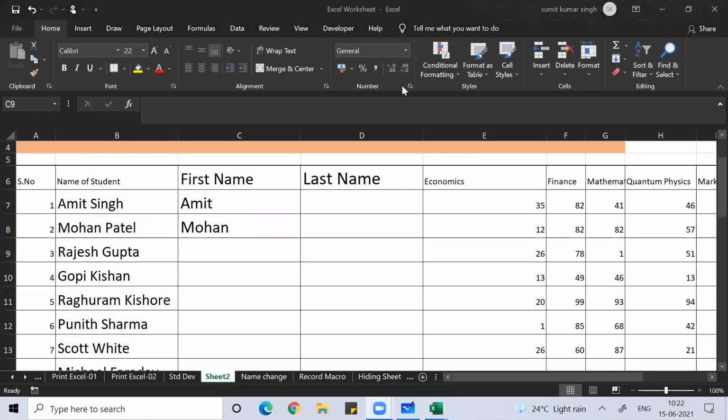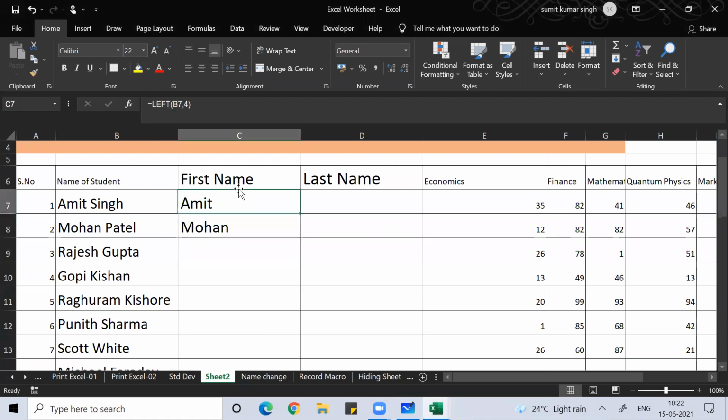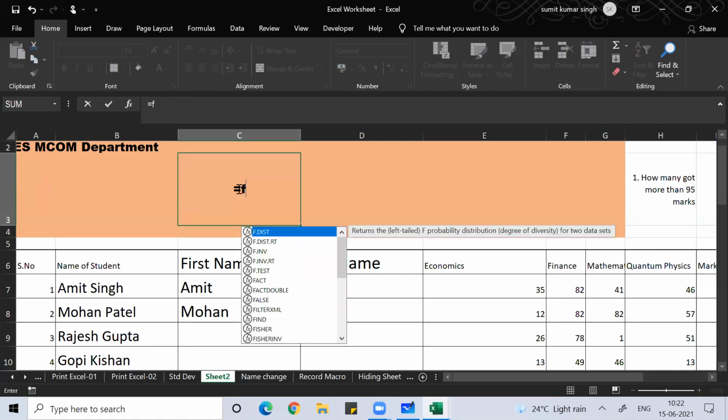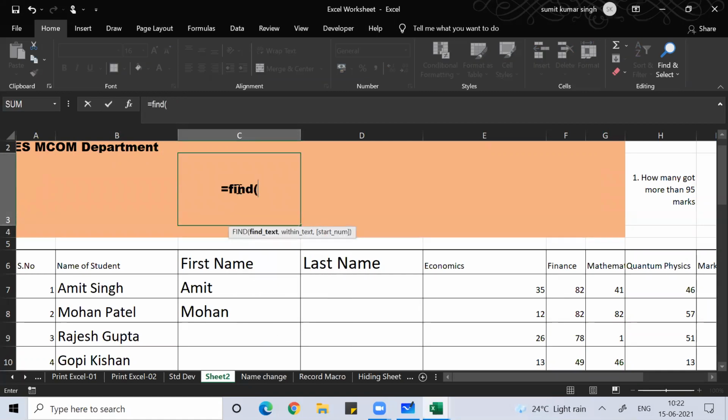Okay, so then I have to do everything manually, but I don't want to do it manually. So what way can I find the number of characters, guys? I can use a function called find. I can use a formula called find. Find what? Double quote, space, double quote in that name. So if I do that, what will it do? It will tell me where the space is. It will return me that many characters.